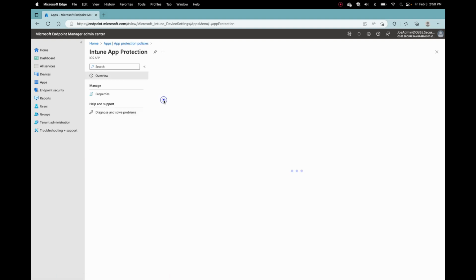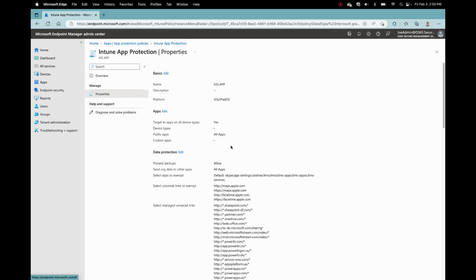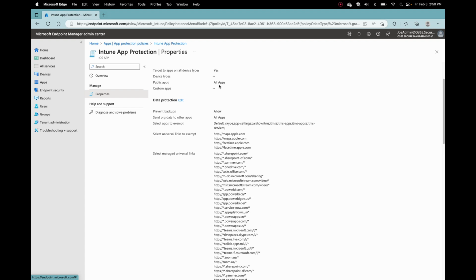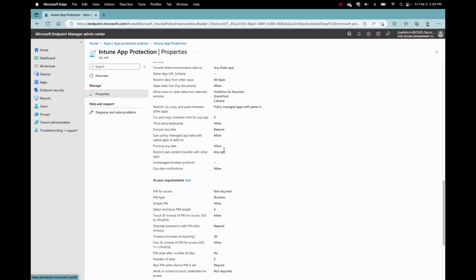I'll click on one just to give you an example of what some of this stuff is. So as you go through here, you tell it which apps on the phone you want to target. All apps is a general thing. Anything that understands app protection policies, we probably want to control that, but you could do just a few or just Microsoft apps if you wanted to. A couple of things I'll point out here. I won't go through the whole thing, but